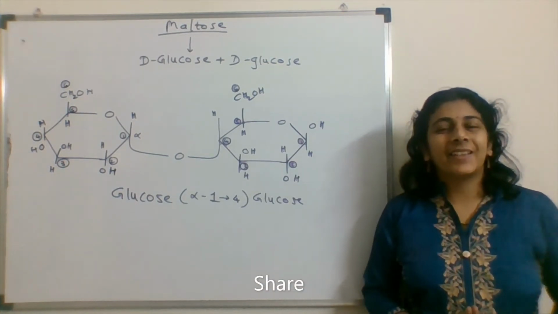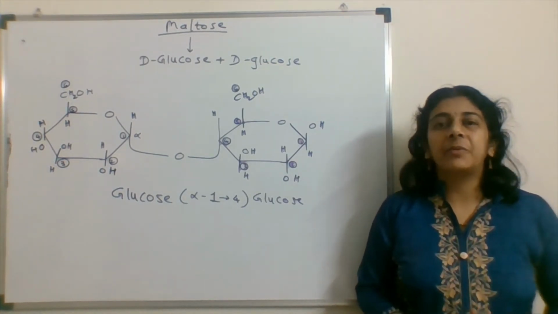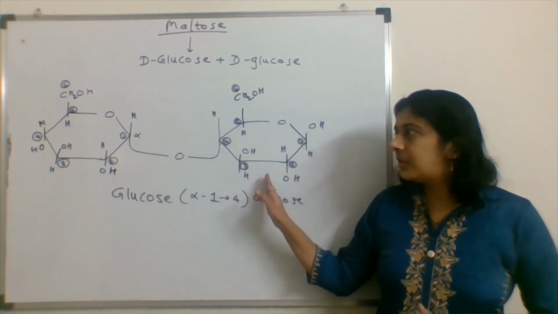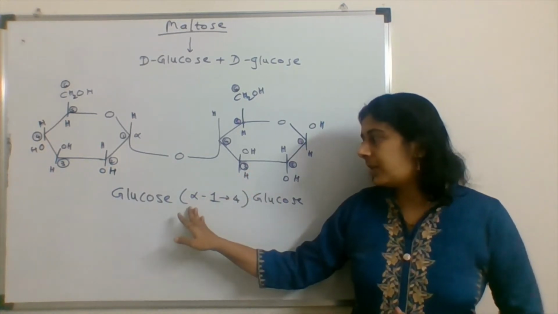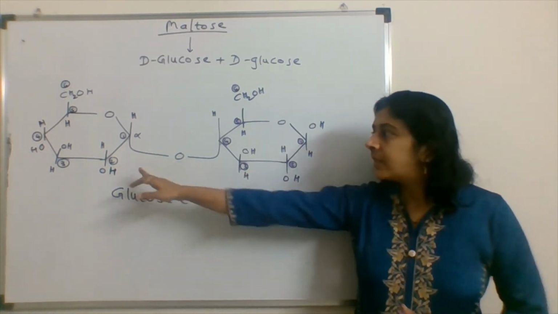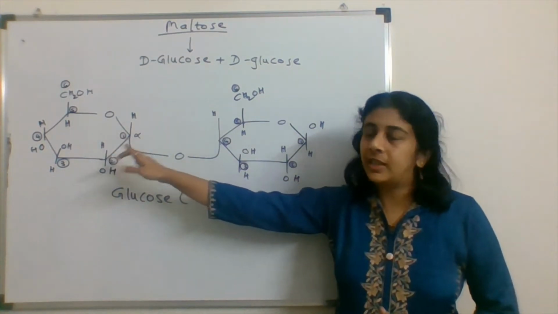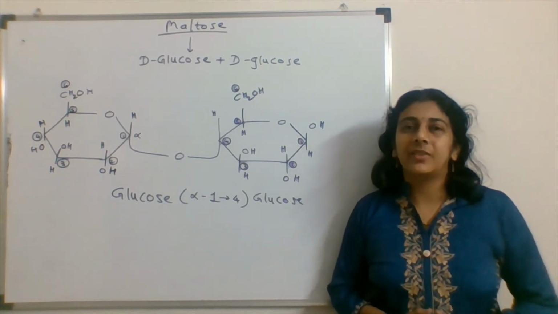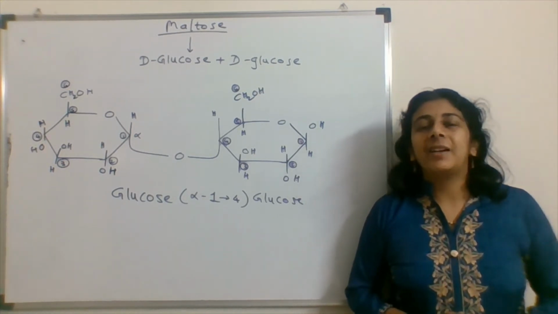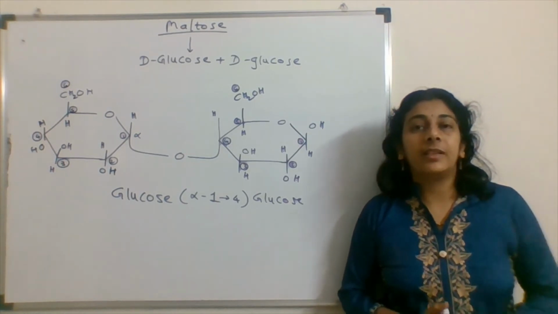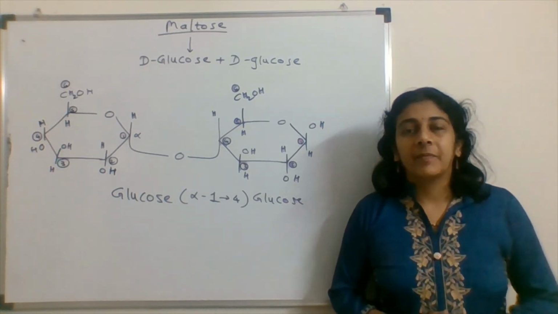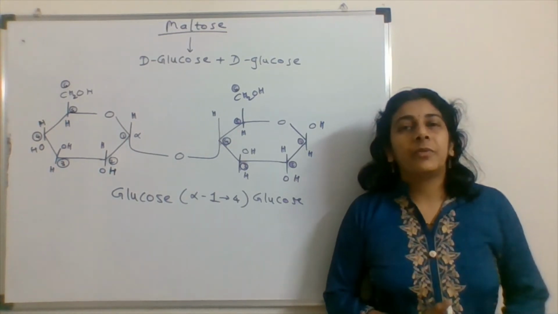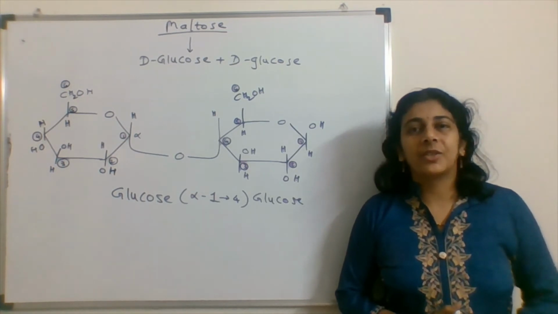Now the second disaccharide is maltose. This is made up of two D-glucose units. These two glucose units are joined with each other with an alpha 1,4 linkage. The first carbon of one sugar and the fourth carbon of the other sugar are condensed to form the structure of maltose. This is a reducing sugar and this is found in high amount in seeds. So during sprouting, the energy is formed from the utilization of maltose.